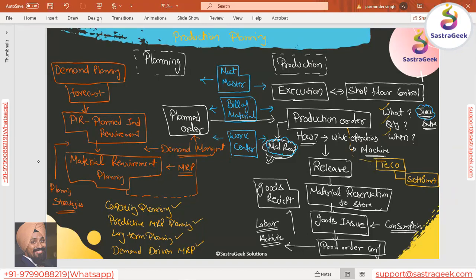Work center is nothing but your machine. Then we will be creating a routing. Routing says which operations will be done in which sequence. That will be there in the production order, right? So routing also would be used in both of them.